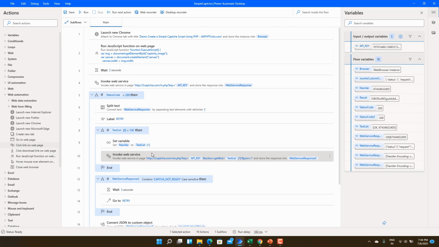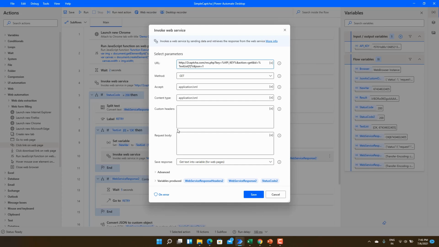In the next step, we invoke the web service. The second item of the list contains the ID of the job which we posted in the first web service call. So using that ID, we can get the captcha value.